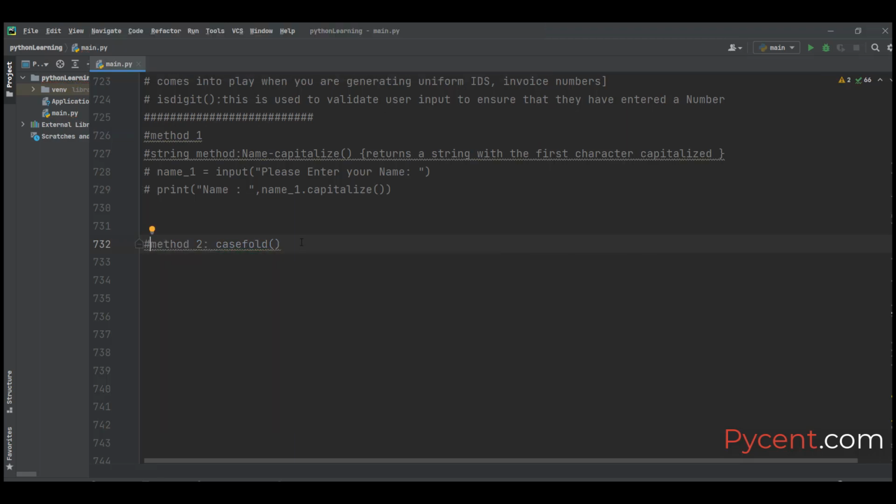And what does this casefold method do? Now it returns the lowercase string. Okay, that's it. That definition is enough. It returns the lowercase string. Now when can we, or where do we use this? Say for example